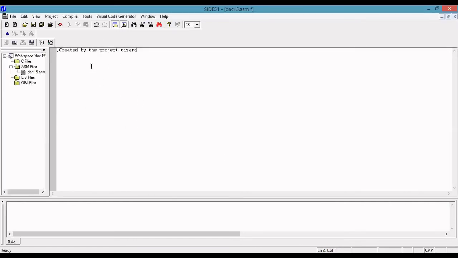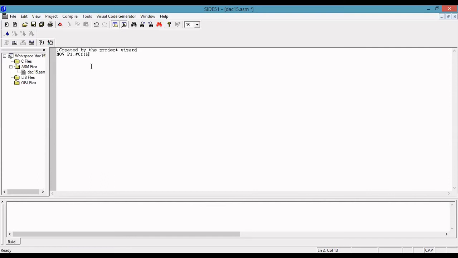The first step is you want to initialize port 1. For that the instruction is MOV P1, #0FFH. So what is the meaning of this first line? I'm going to initialize port 1 as an input port. There are two ports I'm going to use. One is called port 1, another one is called port 3. Port 3 I'm going to use as an output port and port 1 I'm going to use as an input port. Input port means it will read the data from the input device.